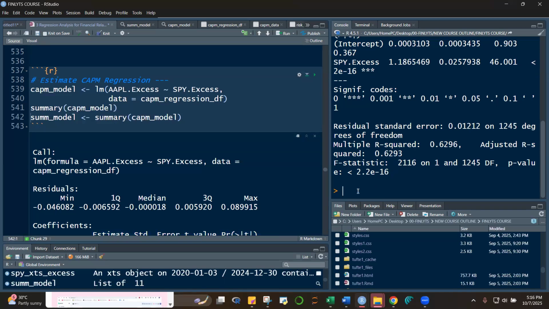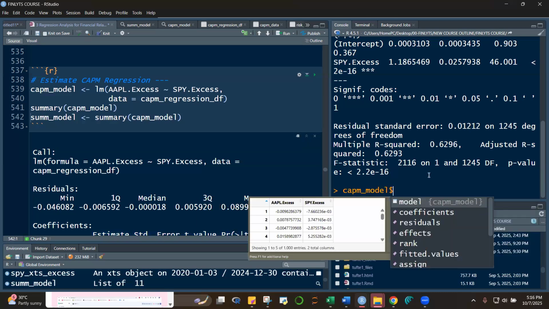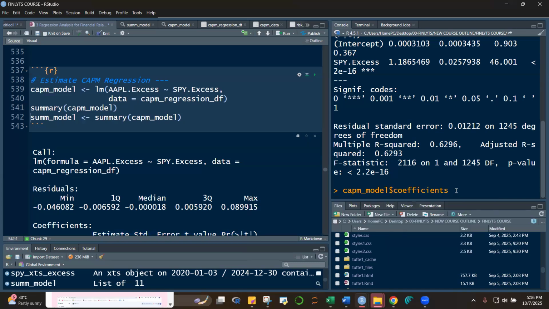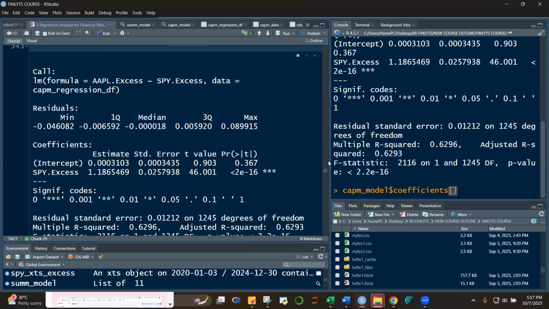It's easy, no? Because this is our CAPM model, CAPM underscore model, dollar, coefficients, right? And if you want just to get the intercept, if you notice, intercept is written with open parentheses, intercept, close. If I run this,